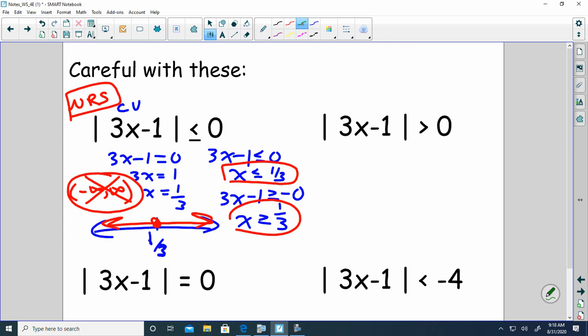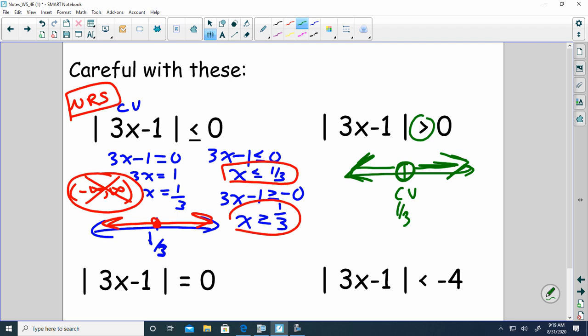So let's take a look at this second problem. This is done the exact same way. Notice my sign has flipped. So my critical value is still here. I have an open dot because I don't include it. And if I had done the same graph and plugged in values on this,